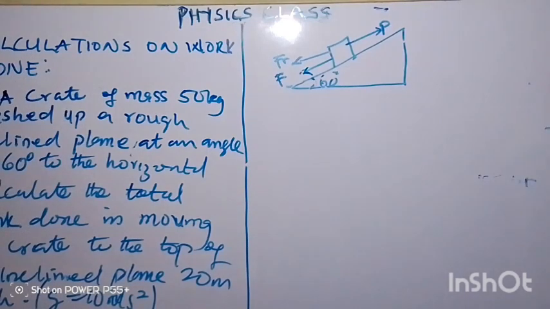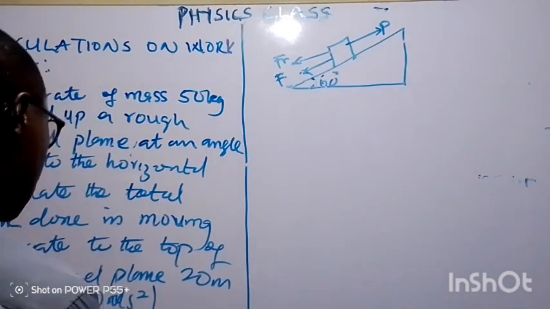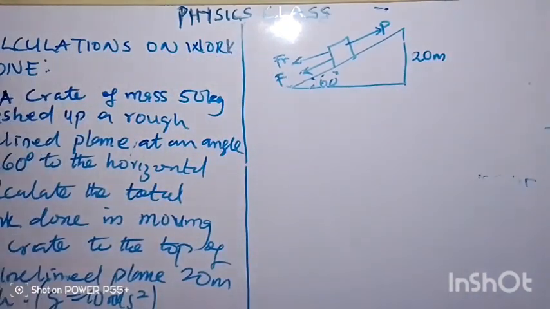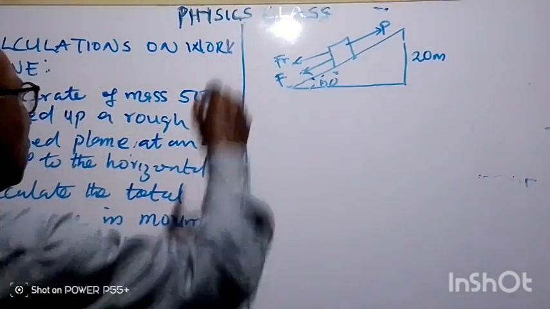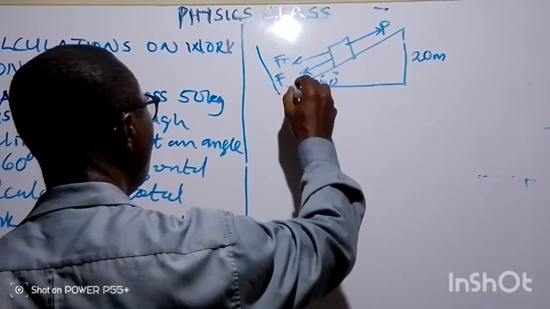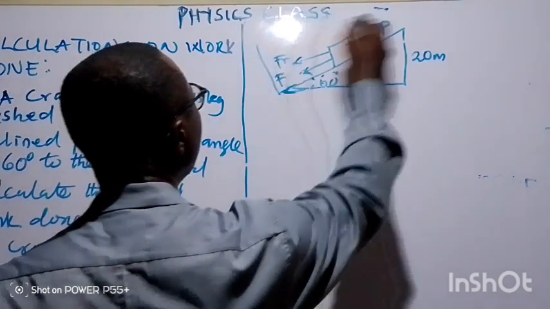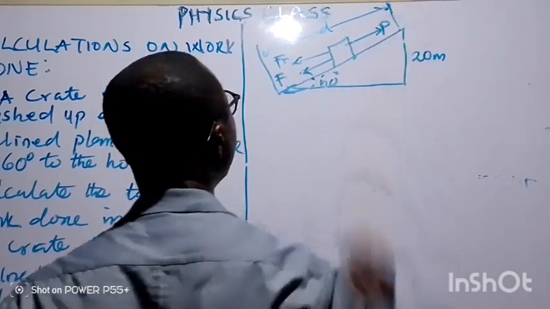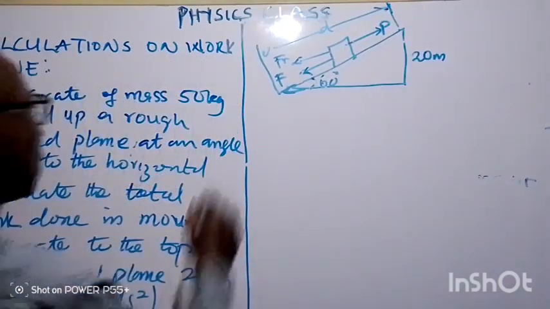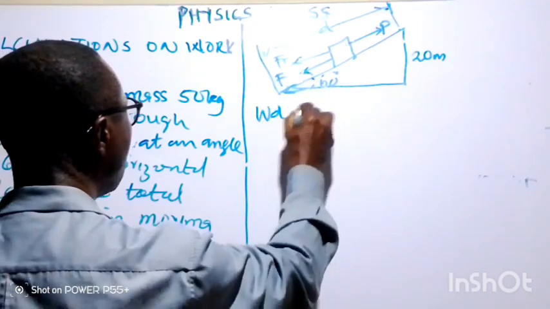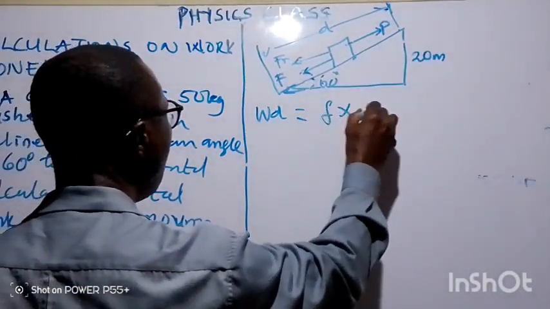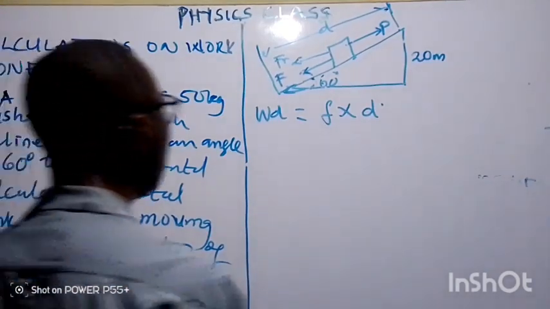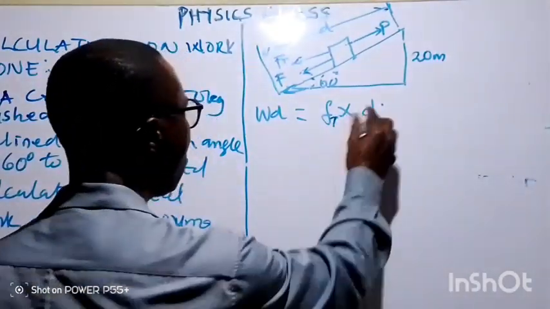So from this one, mind you, the question said the height of the plane is 20 meters. So the length of this inclined plane will be from here to here. That's the distance, because our work done will be equal to force multiplied by distance. Then we still need to find the total force. So let's first calculate